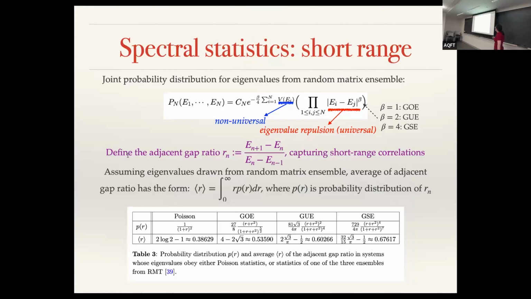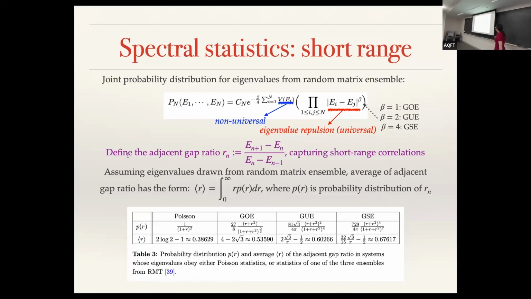Okay. Then we looked at two other quantities which capture spectral statistics in quantum systems. One which captures short range correlations of eigenvalues, and one which captures long range correlations. So here, just for background, I've written the joint probability distribution for eigenvalues that arises